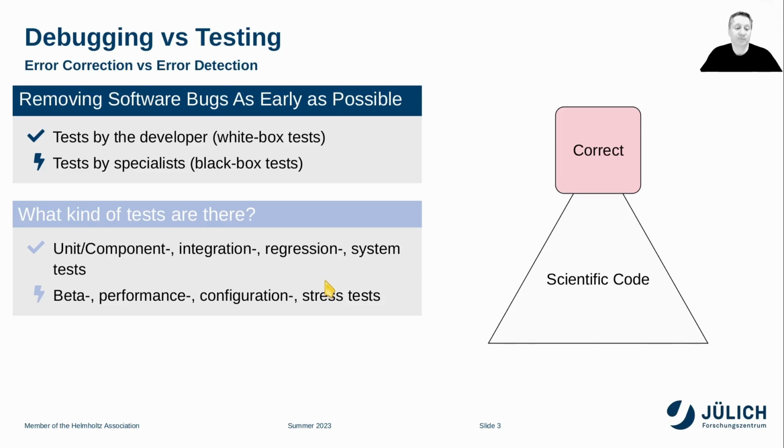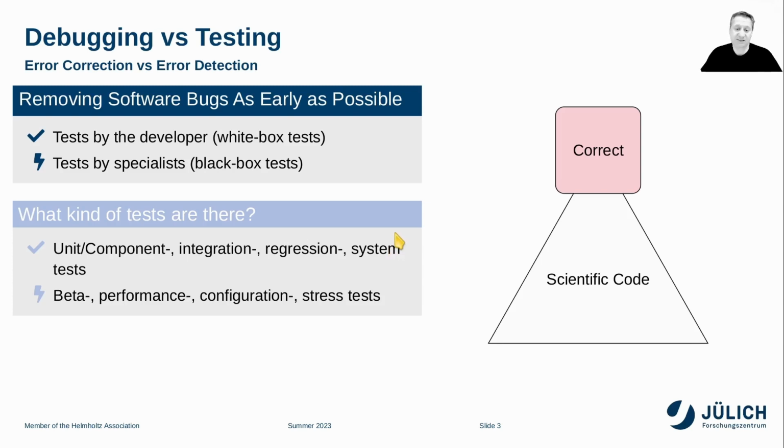And in the second box, you can see I wrote down some of the tests that can be performed. There are unit tests, component tests, integration tests, regression tests, and system tests. And we will talk about all of them at a later point. But there are also some more tests you've probably heard about, like beta tests, performance tests, configuration tests, and stress tests. And the reason for this